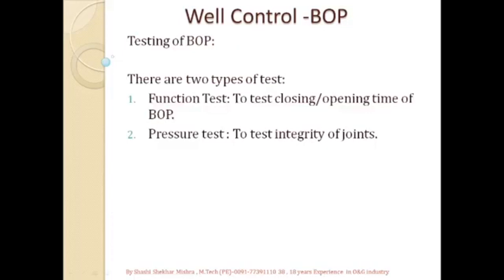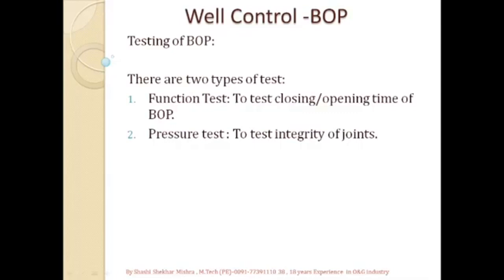Now comes testing of BOP. There are two types of BOP test done. First is function test, second is pressure test. Function test is done to check the closing time of each BOP of the stack and the pressure remaining in the accumulator unit after operation. The accumulator pressure must be 200 plus 200 psi plus pre-charge pressure level. During this test we cut off the power source of the unit. It is done to ensure that all required rams can be operated in case of power failure of the unit to secure the well.